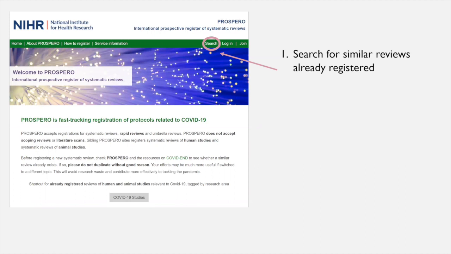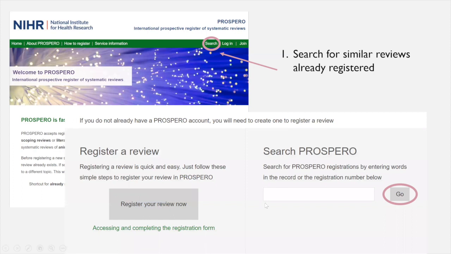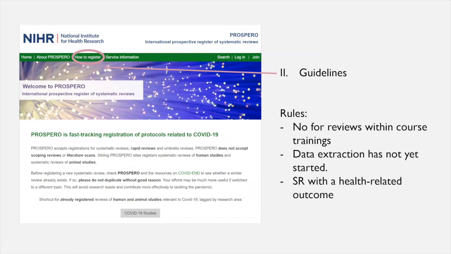Here is the tip for doing this search in Prospero, because a lot of systematic reviews that are not yet published are registered here, so we can see what is being done and be more acquainted with it. We can just go and search to find out. Then it is very clear with the guidelines. They have some rules.